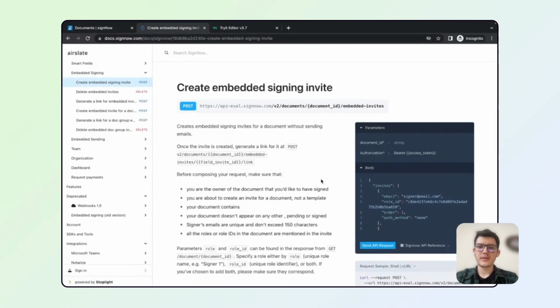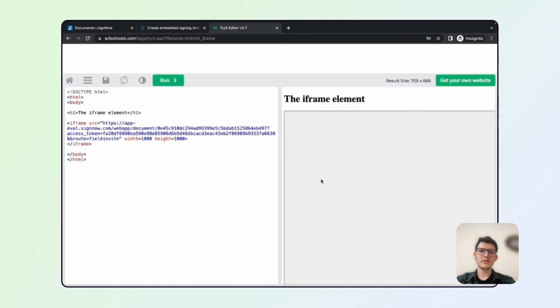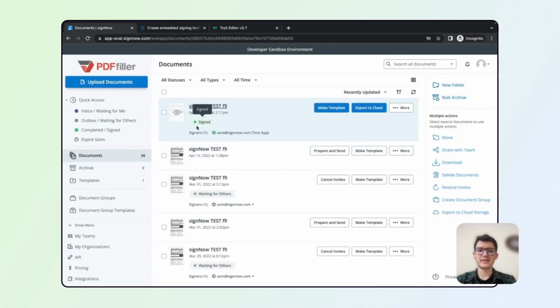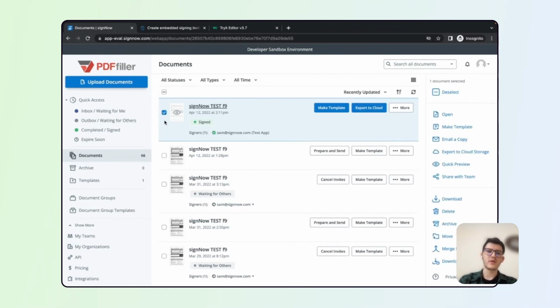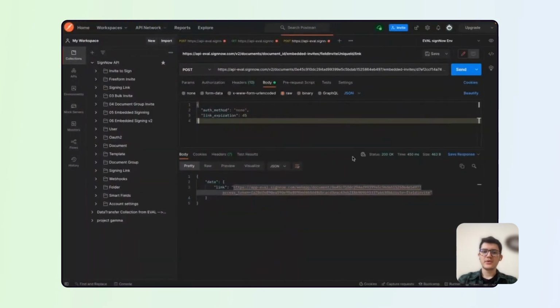All right, and as soon as we sign the document in here, we can complete it, and the document will be in the signed status in the SignNow application. So you can download it and maybe make it available for the signer if it is required in your use case. So basically, that's all that's needed for